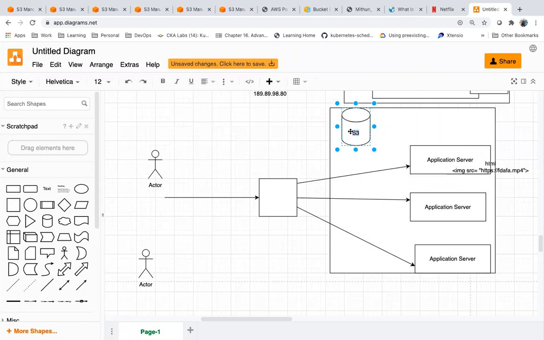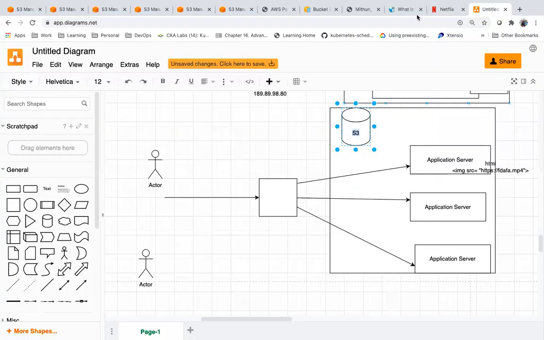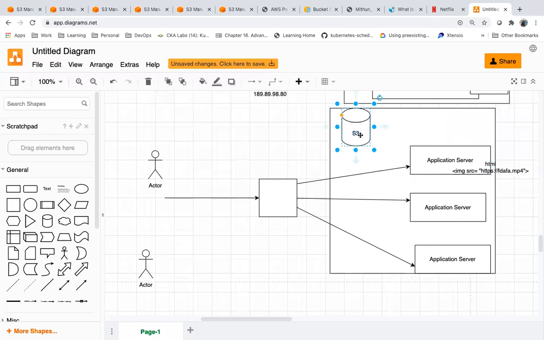I don't need to mount this to any device. So Netflix is using object storage in the background to maintain all the images, videos, and static content. In the code, they refer to the object URLs so that the static content is rendered from S3.